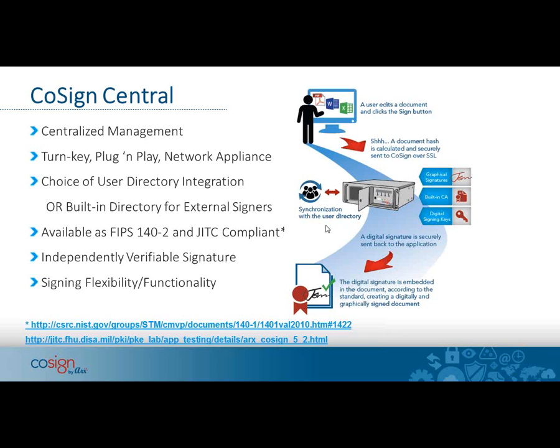So that, in a nutshell, is what Cosign does. It lets you sign your documents. The Cosign system stores your public and private keys, turns your organization into a CA, and all this happens in a split second when you're generating a signature. I'll show you this shortly. I just wanted to give you this little diagram so when I'm signing, you can see what's happening behind the scenes. But from a user perspective, you never see any of this stuff. It happens in a split second, and it basically signs the document and embeds the signature inside of it.